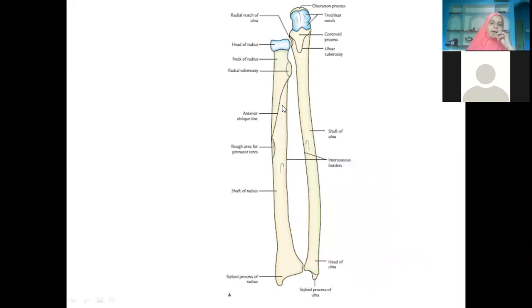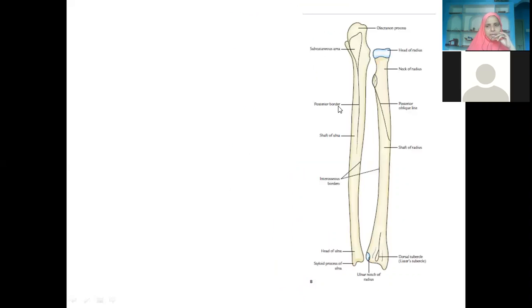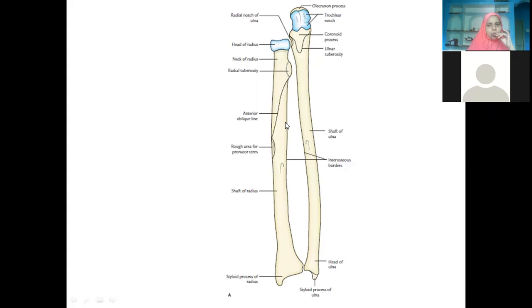See all these borders, except the interosseous border, all other borders are only arbitrary. So the border which is running roughly in the front region, you call it the anterior border. And if you see from behind, you will find one more border, which will be the posterior border. Then the border which is towards the radial tuberosity, which is sharpest among all, is the medial border, which is also called the interosseous border. So how many borders do we have? 3 borders: anterior, posterior, and interosseous border.